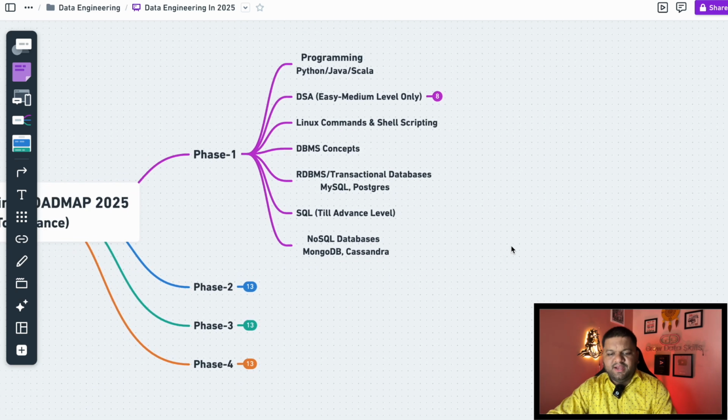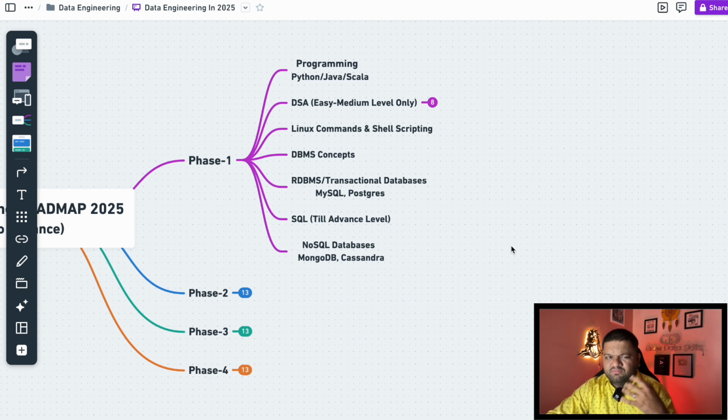Now in data engineering, while working on different projects, right? While building different types of data pipelines, sometimes you are working on the server side, right? Like a complete Linux environment, and there you need to work with Linux based commands. You need to understand how those machines are spun up, how you need to log in and perform certain things. So it's definitely important to understand Linux commands and shell scripting, how those things basically work.